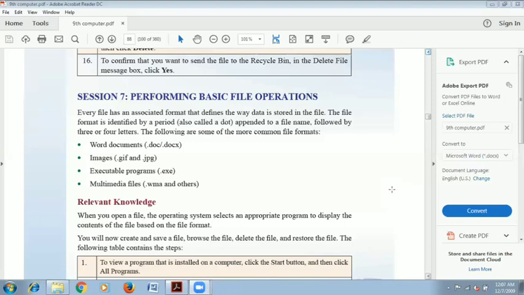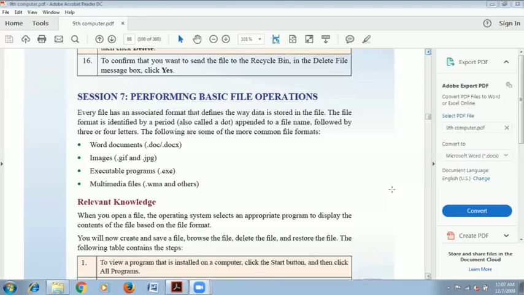Whenever you install any application, you might have seen the extension of that executable program, that is .exe. That means that application software is an executable program. After that, we have many multimedia files with the extension .wma, and many other extensions are also there.